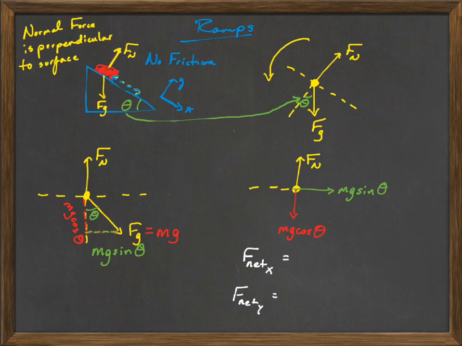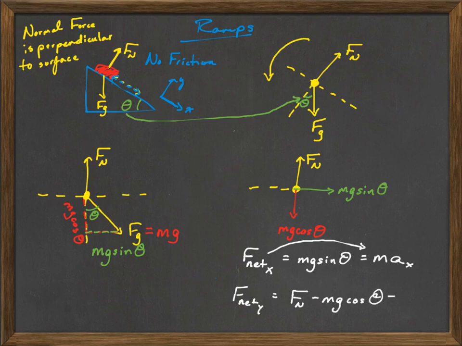Okay, so in the x-axis, all we have is mg sine theta. Okay, and again, Newton's second law says that F net equals ma. Keep in mind, this is an x acceleration. And on the y-axis, we have normal minus mg cosine of the angle is equal to, it should be ma,